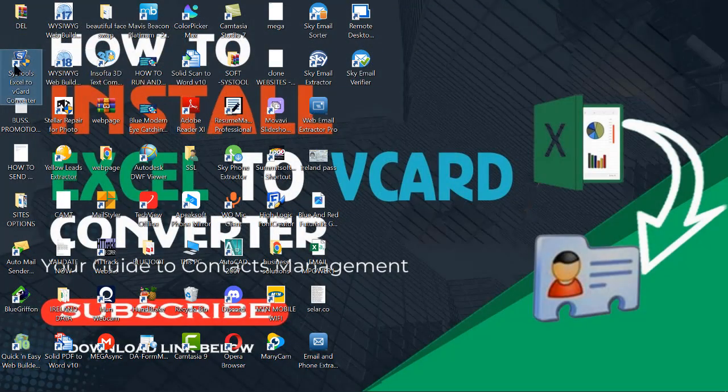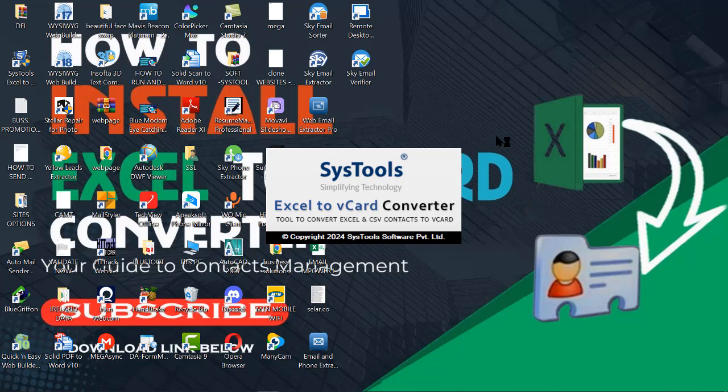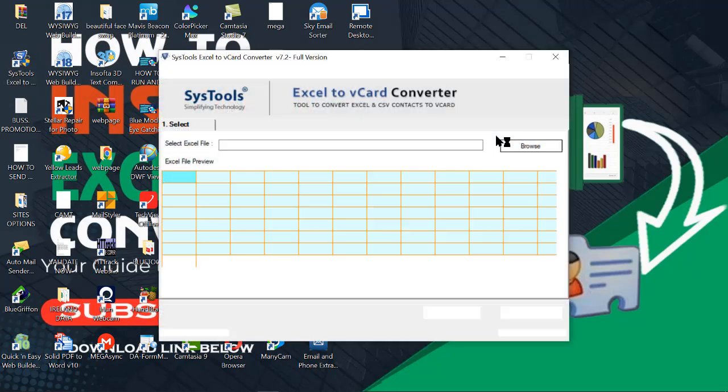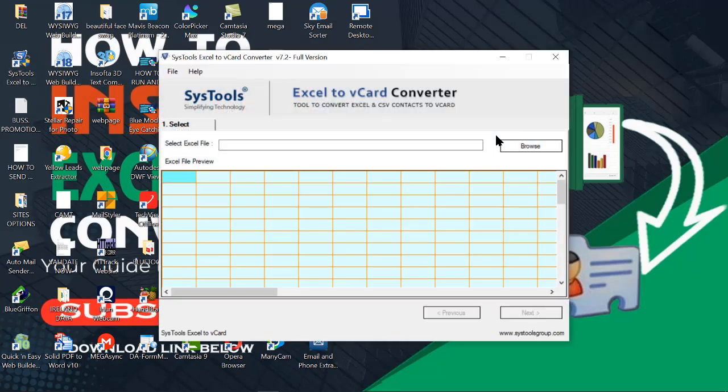Now you click on this, click yes, now you can see we have the full version of this very software, and that is how you can actually